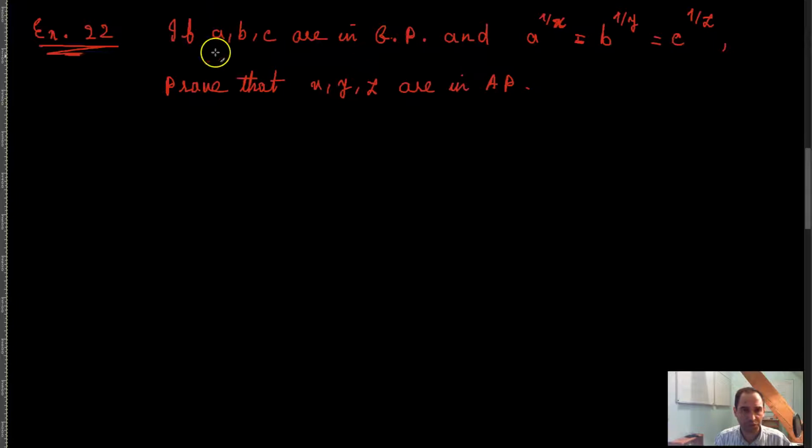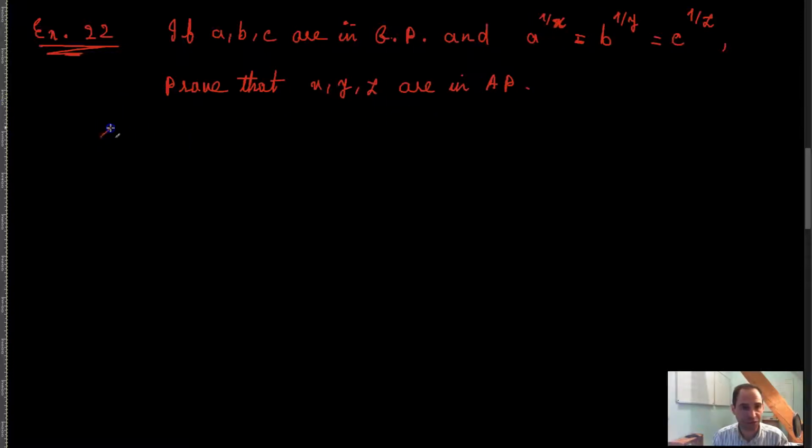A, B, C are in geometric progression, right? Meaning that, for example, B to A is equal to C to B, something like that. And A raised to the power 1 by x is equal to B raised to the power 1 by y is equal to C raised to the power 1 by z, meaning that the x root of A is equal to the y root of B is equal to the z root of C. Okay? So we want to prove that basically x, y, and z are in arithmetic progression. So what that means is that,